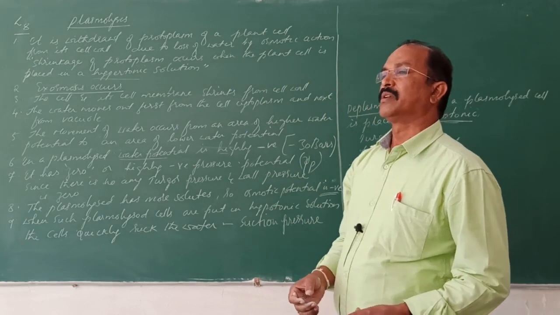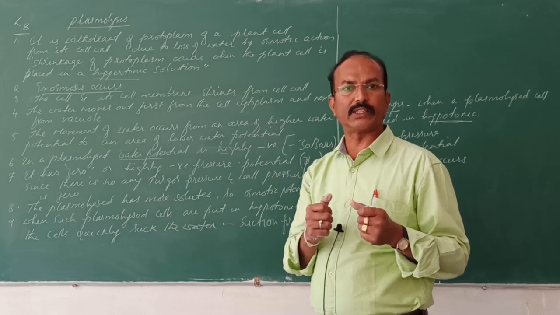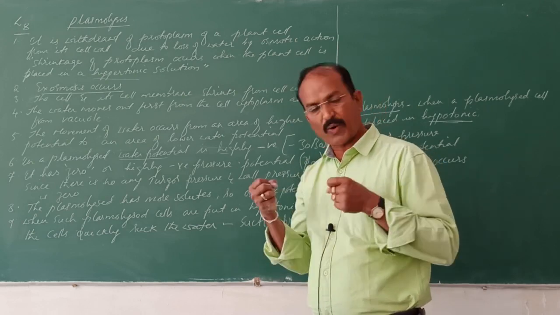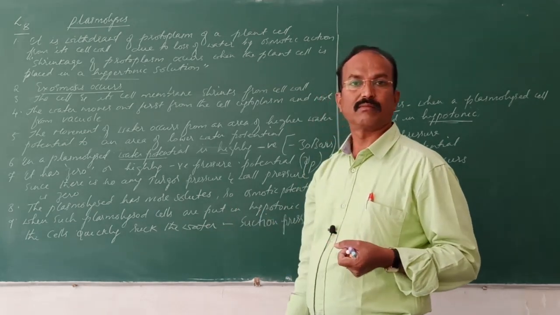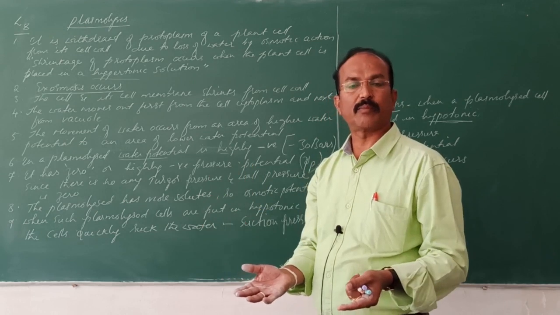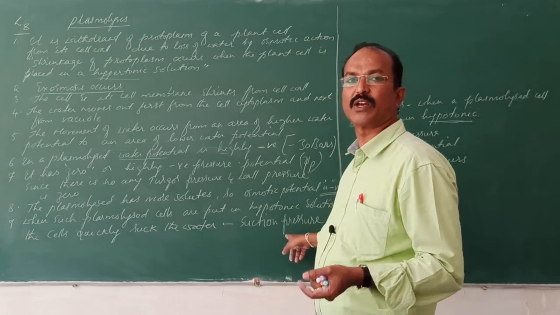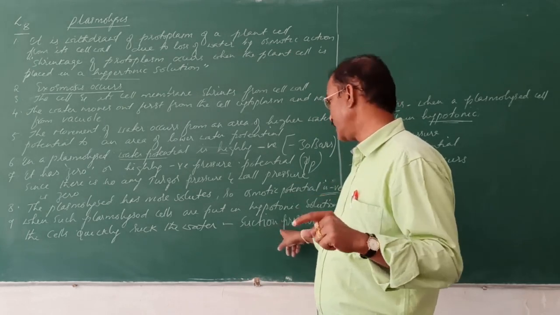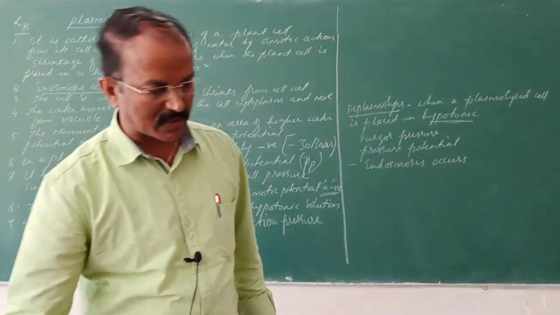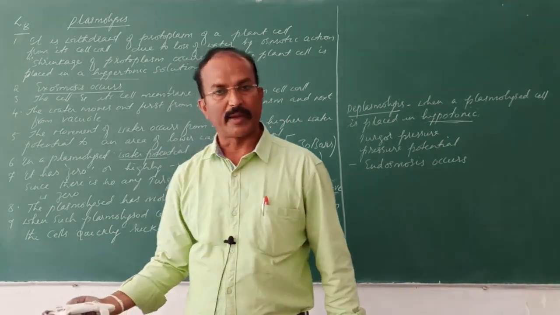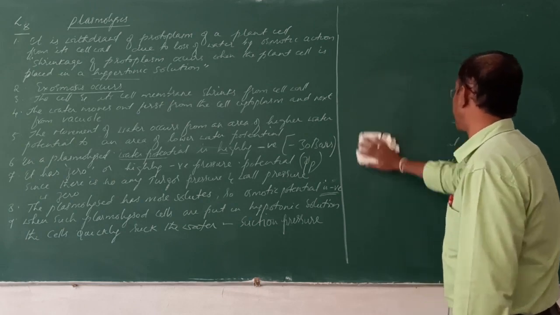See, suction pressure, due to that pressure, the cells are in a more osmotically negative condition. When water is available, the water is suddenly drawn, or sucked, by the cell. So it starts stretching. The plasma membrane starts stretching. The pressure that is built up in a plasmolysed cell when placed in a hypotonic solution is called suction pressure. Okay. Wall pressure, turgor pressure, suction pressure, imbibitional pressure, osmotic pressure: these are different types of pressures.